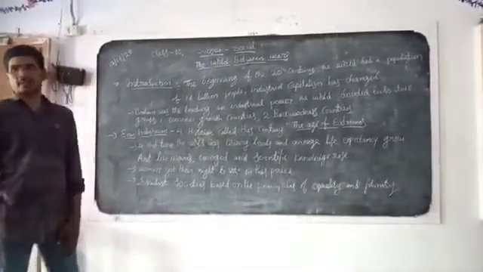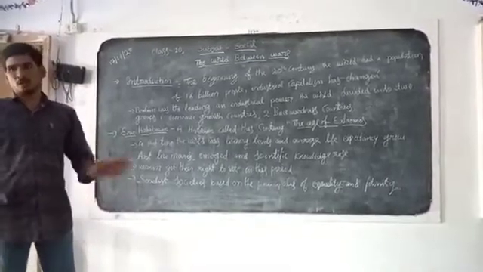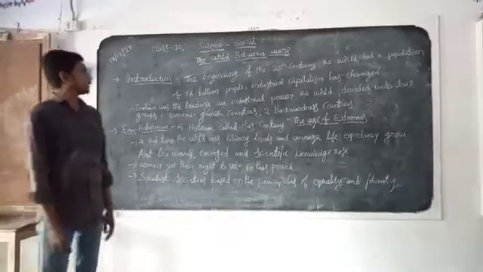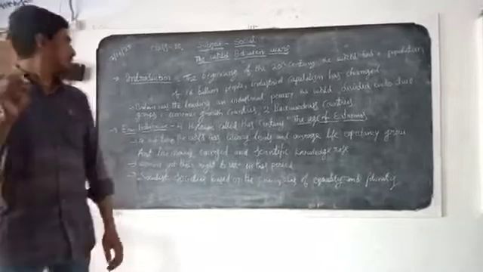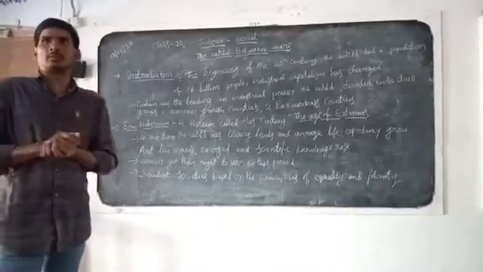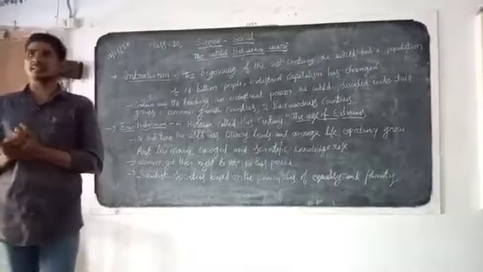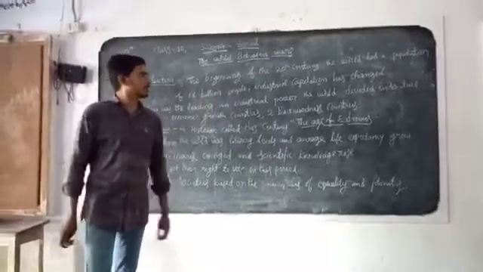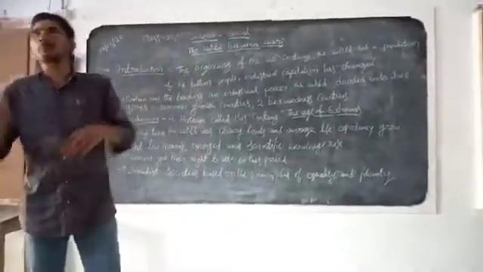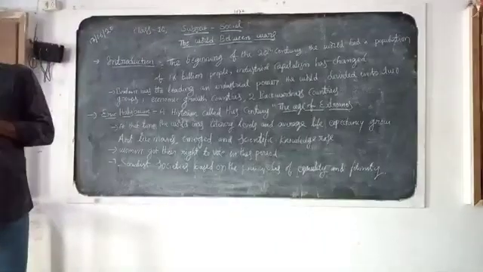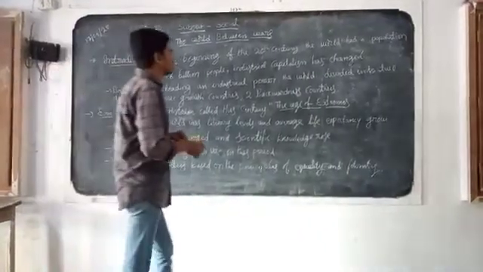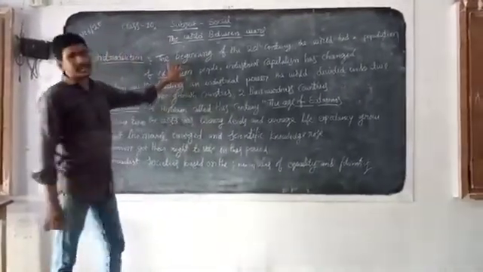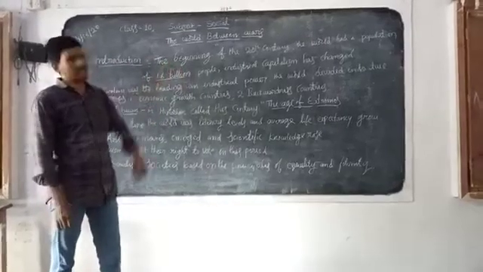Beginning with the two important wars in our world, we know very well that there was the First World War and the Second World War. This is the introduction part. The world wars happened between 1914 and 1939, in the 20th century. At the beginning of the 20th century, the world had a population of 1.6 billion, in the year 1914.